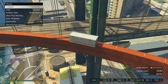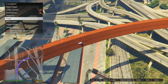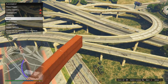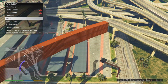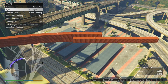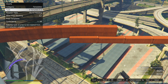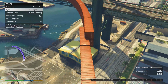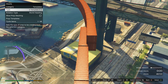So we're going to take two of these long wall rides and put them together, but we're not going to use all of it, because that's a lot of my props right off the bat. We're just going to use a good chunk of it. The important part about the crab slide is when you make the floatable platforms that it's going to actually slide on, you're going to want them in a very straight line first of all, and then you want them to slowly step down one after the other. As you can see, each one is just a few pixels lower than the one ahead of it, and that will make it so that your car will continue to slide on and not lose momentum. It also makes it so that no matter what, your car's not going to catch anything and